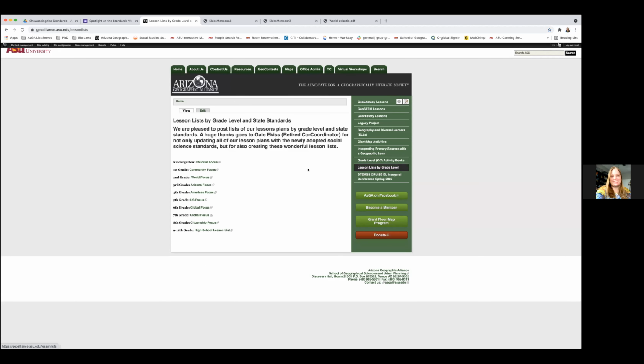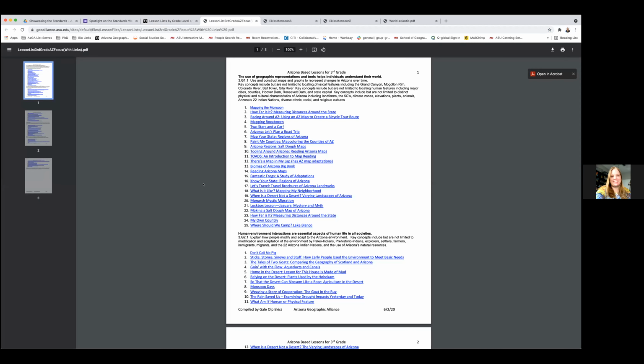And if you click on lesson list by grade level, what we've done is we figured, we could search by grade level, but sometimes I really need to know about a lesson for a certain standard. So if I click on my 3rd grade here, these are all the lessons based on the standards. So taking the standards in a broad term, we didn't narrow it down very narrow. But if we look here, 3G1-1, use and construct maps and graphs to represent changes in Arizona over time. Of course, we took the geography standards out of the social studies standards. But if you want to touch on that standard, all 25 of these lessons have that standard in it.